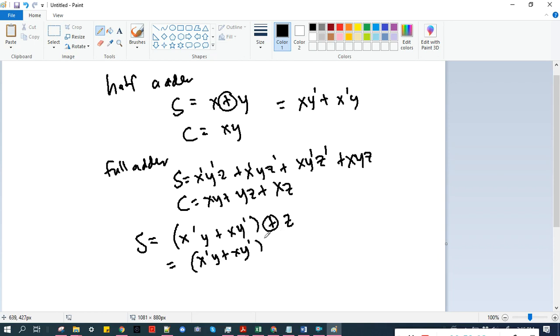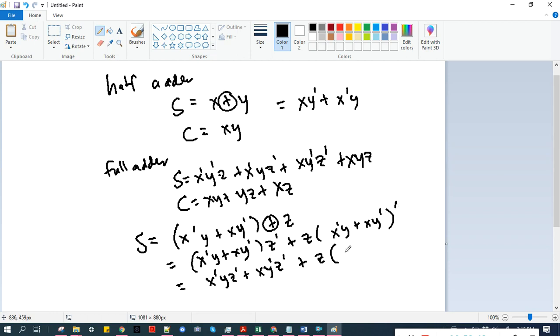This will be a long process. So X'YZ' plus XY'Z' plus Z times